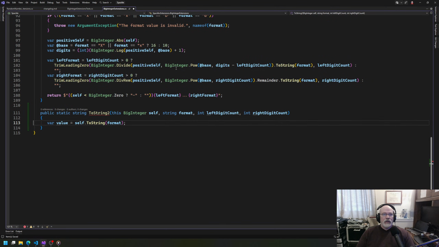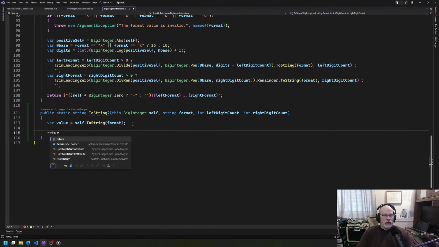Okay, and now we also have to be careful here because it will put a negative sign in front of the number if it's negative. So we have to be a little careful with that. I think it will do that for a hex format as well. So what we want to do here is say return